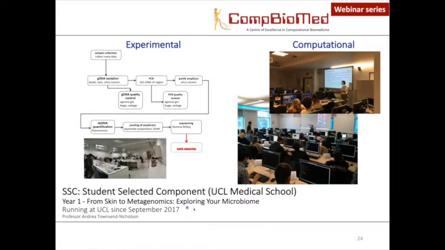And so these are first-year medical students in the labs and in computational practicals, doing this from skin to metagenomics, exploring your microbiome. So we started with science students in 2015, we started with the medical students in 2017, and